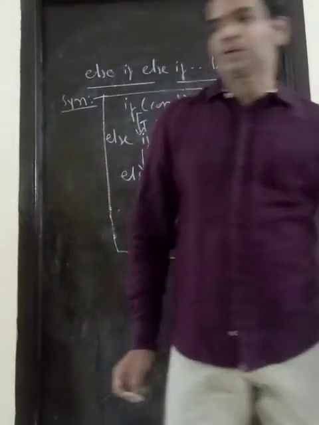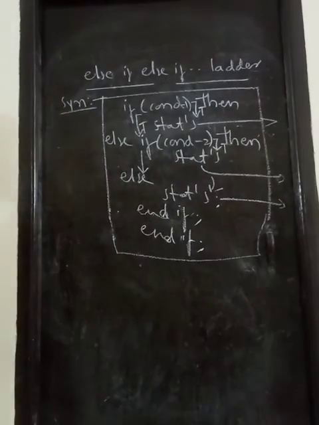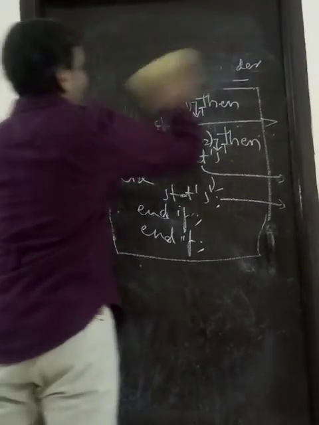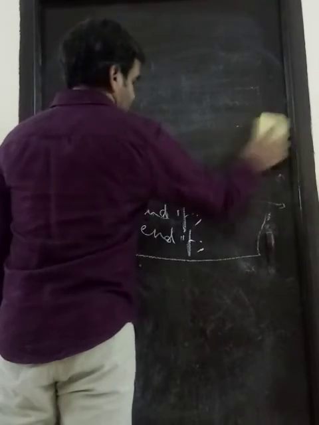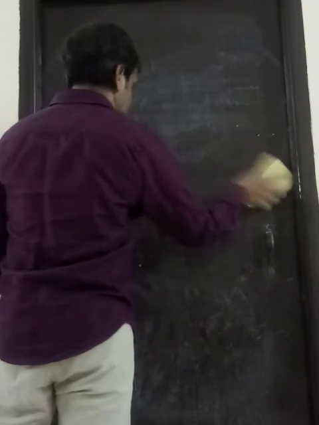We'll see one program. See, the question is, we should accept only one number. We should determine whether it is positive, negative or 0. So how do you say a number is positive? If a number is greater than 0, that is positive. Okay. If a number is less than 0, it is negative. Otherwise, automatically it is 0.